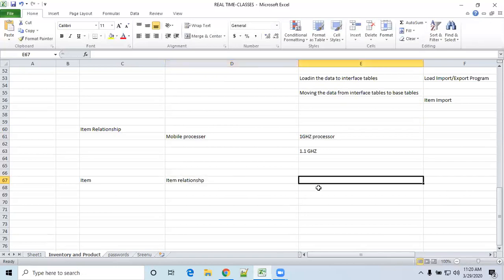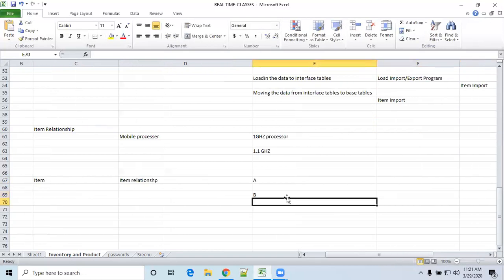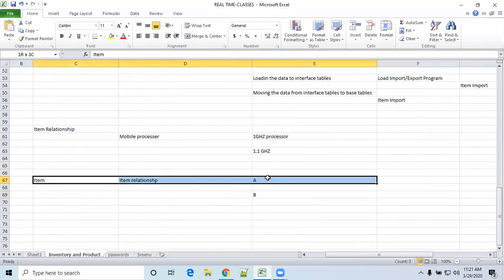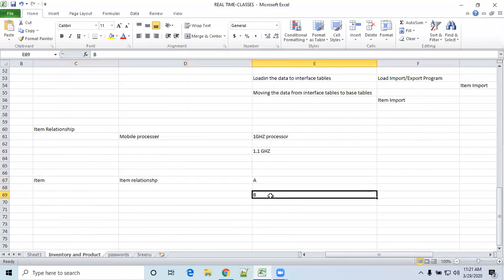There we provide a relationship between your master item and a substitute item. For example, your master item is A, and I provide the relationship to B. In certain cases, if A is not present in their manufacturing or some other areas, using this relationship they are going to pick B and do the transactions.